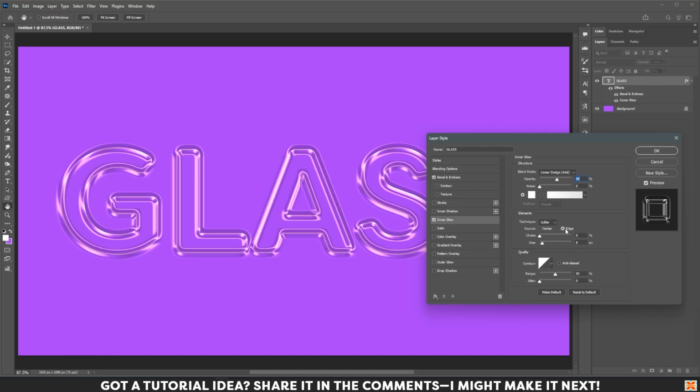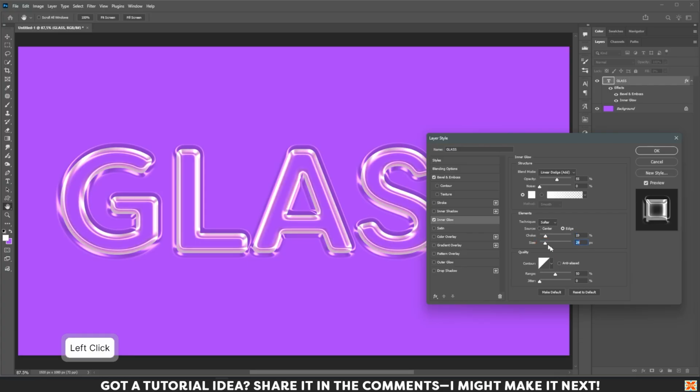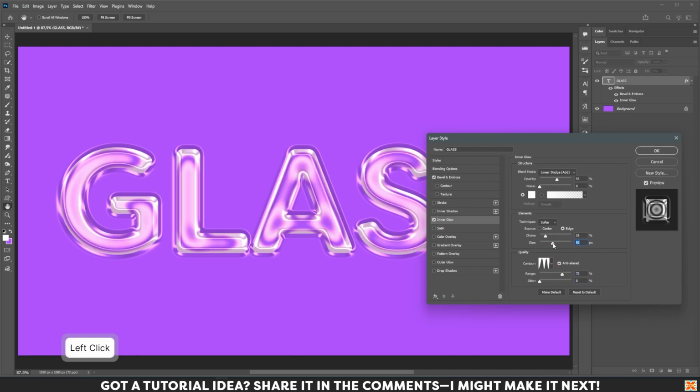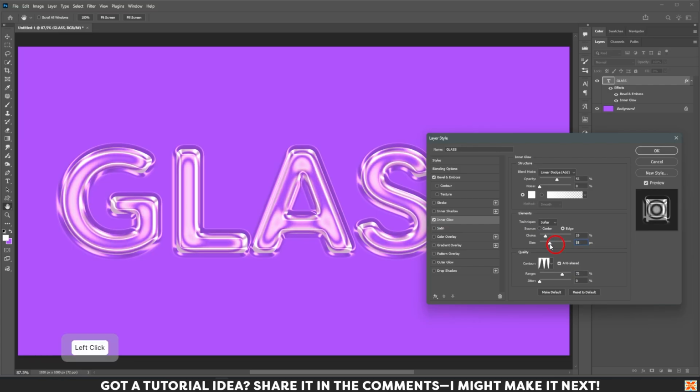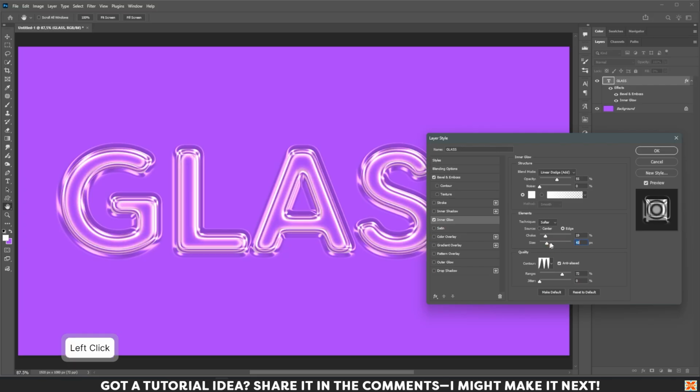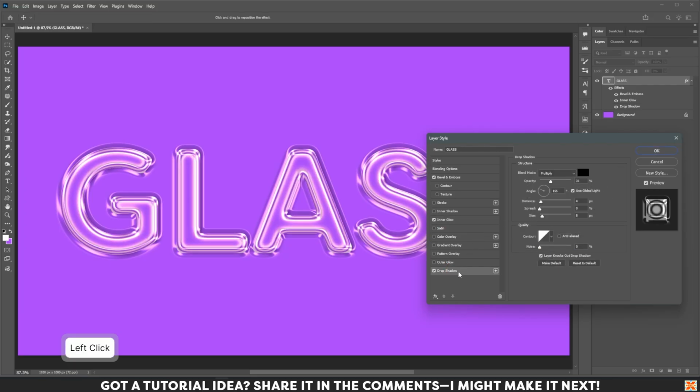Tiny softer edge, the source 2. Arrange the choke, and then the size, and then anti-alias for better result, and choose this setting. Arrange the size. This is nice. And then drop shadow,